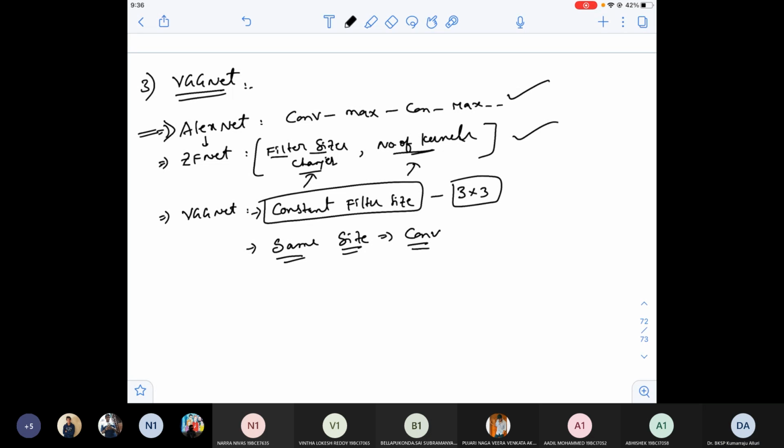And one more thing is, they've applied multiple convolutions. Of course, this has been done by ZFNet also, where earlier in AlexNet, after one convolution they applied max pooling. Again, after one convolution they applied max pooling. But in ZFNet also, I don't know whether you observed convolution, max pool like this.